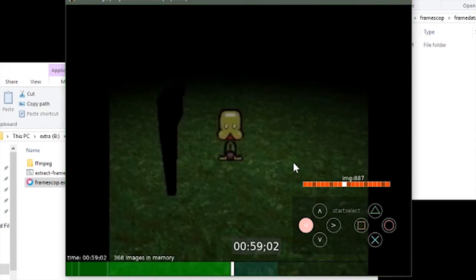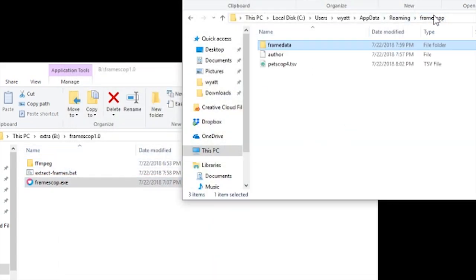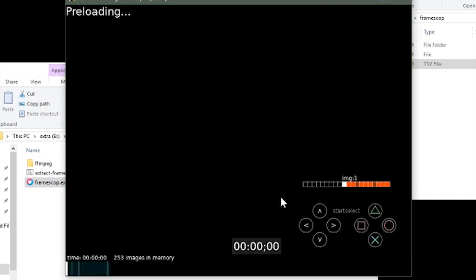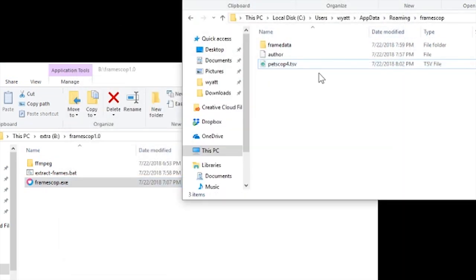So once we've collected up some data, we can save it, we can close it, and if we go back up to here in app data, you'll see the TSV is right there. And if we open it up again, you open the file, it'll open that TSV by default. But if you want to open a different TSV,